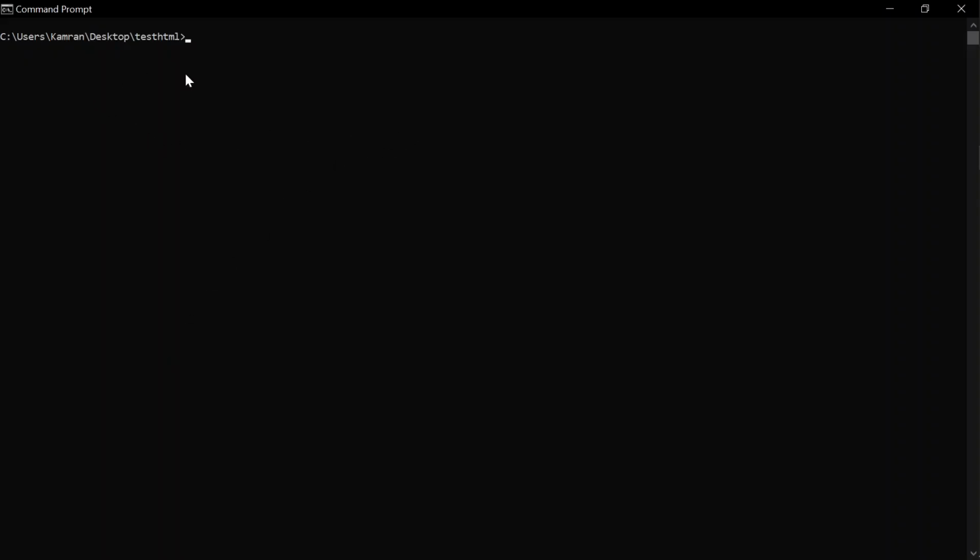Getting into one of the folders, here I'm going to create a branch. To create a branch you have to use git checkout -b and the name of the branch. For now I'm going to name the branch develop. Develop will be the branch where all the development will happen, and -b over here defines that it is a new branch. Once you enter, a new branch will be created and we are moved to that branch.